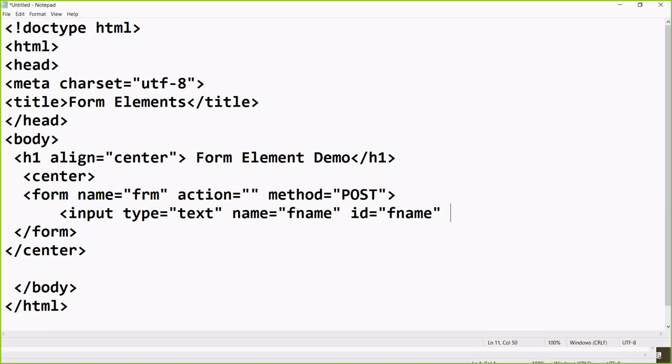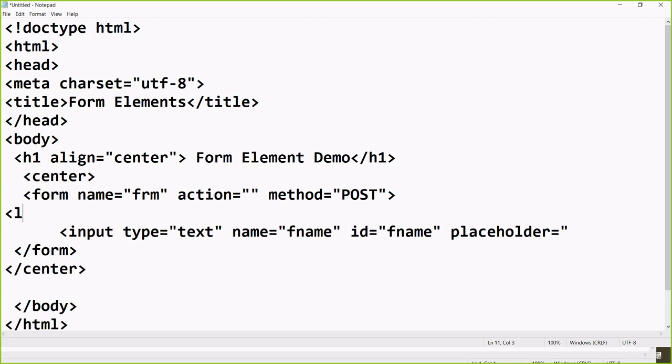Next thing is called placeholder. This placeholder is again more popular in HTML5. Before that, whenever you take an input box, on top of the input box we have to display for what value you are taking in that input box, meaning first name, last name, middle name, address, whatever you want to take. So first we have to give the label. Just like this, you can use here the label, and then we have to write the name, the first name. This was the old design. Clear?